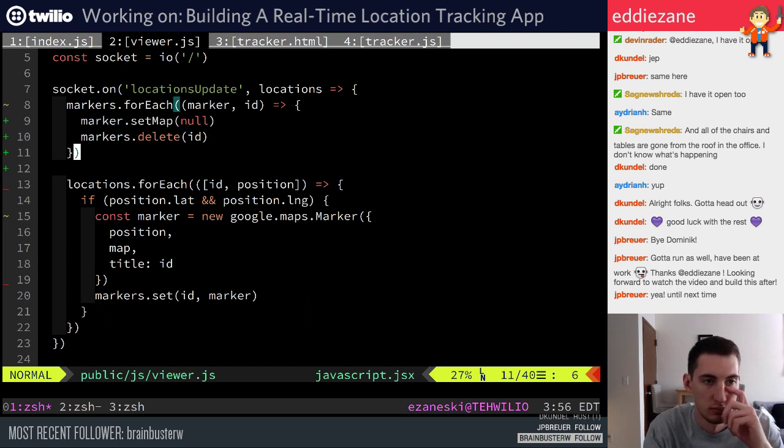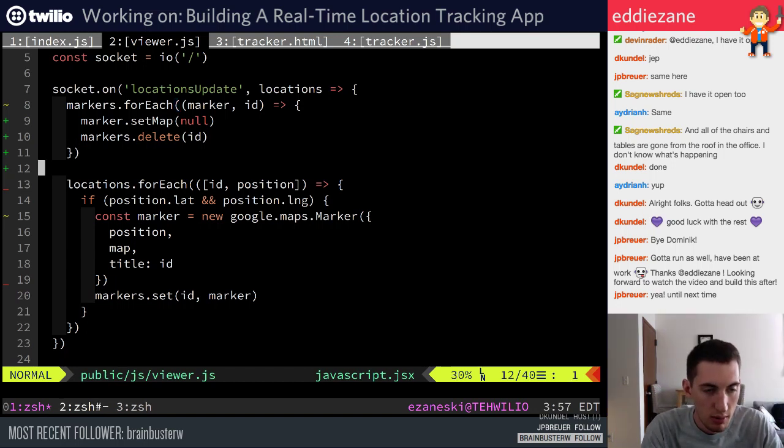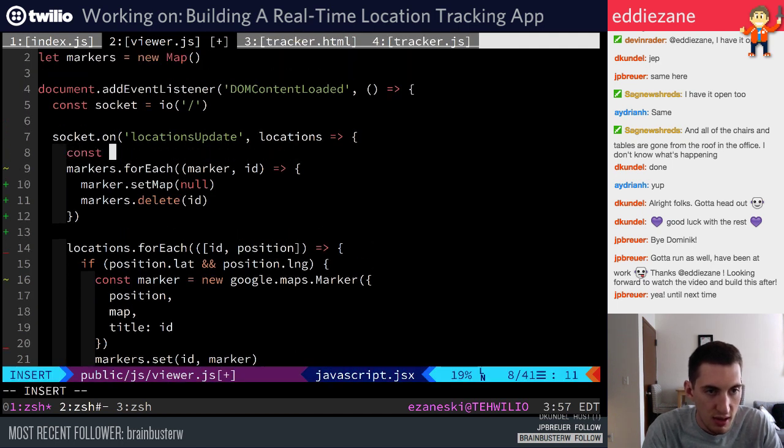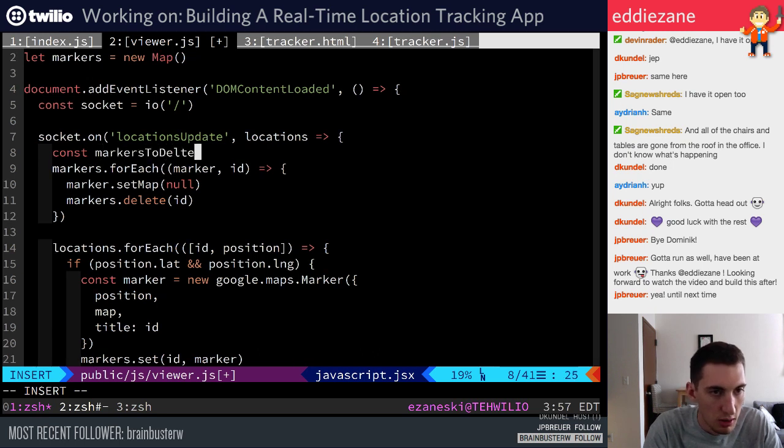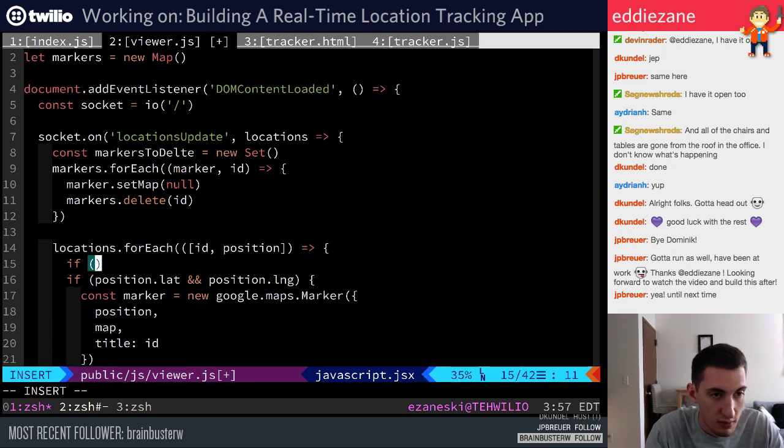So what if we do like a mark and sweep, right? So if we run through, so let's say const markersToDelete equals new Set. And then, let's see. We'll run through the locations. And then we can say if markers has ID,